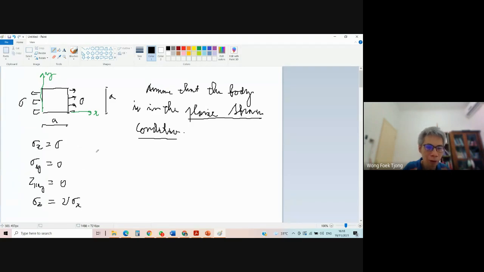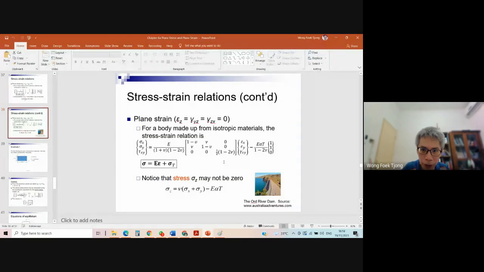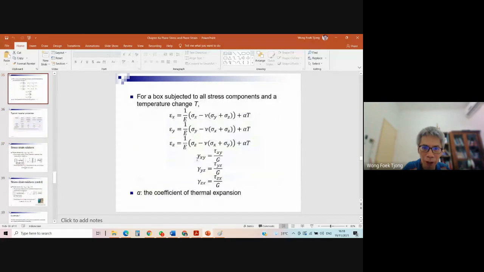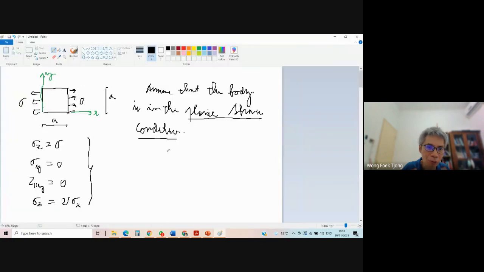Any question? So beginning from here, what can we calculate? Strain, right? We can calculate using this, but later we have to invert, which is a little bit difficult. It's good to use this one directly for strain, because we know the stress information, so we can calculate epsilon x, epsilon y. Epsilon z should be 0, we can check later, because it is plane strain.